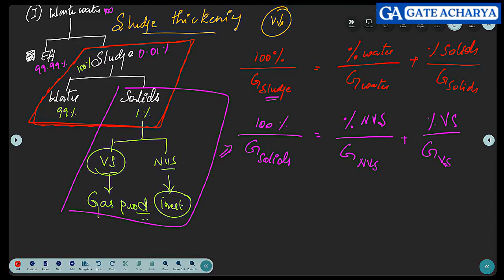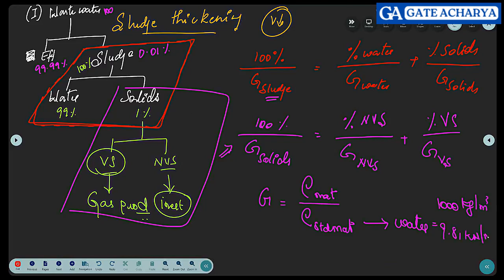How to find out the specific gravity? Density of the material to density of a standard material. So what is this standard material? It is always water, whose value is 1000 kg per meter cube, 9.81 kilonewton per meter cube, or 1 ton per meter cube, or 1 gram